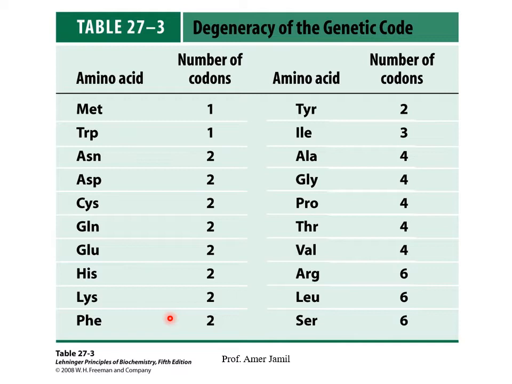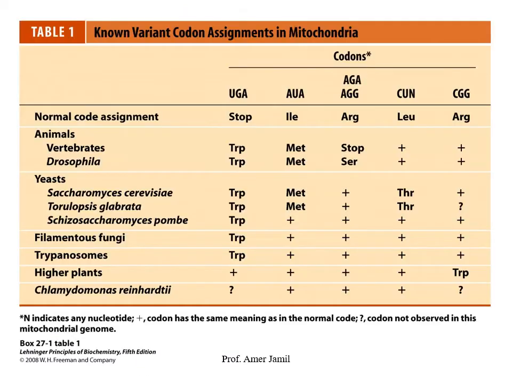If you see, the types of nucleotides are 4, and the number of nucleotides in a certain codon is 3. So 4 to the power 3, which is 4 times 4 times 4, comes out to be 64. So there is a possibility of 64 combinations of these 3 nucleotides in the form of codons. It means there are 64 codons, and out of these 3 are the stop codons.